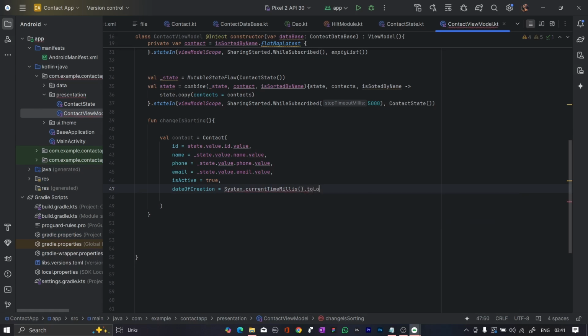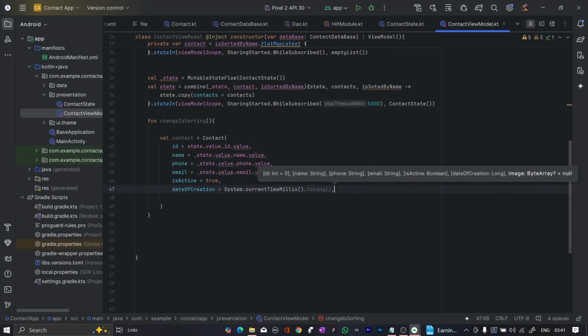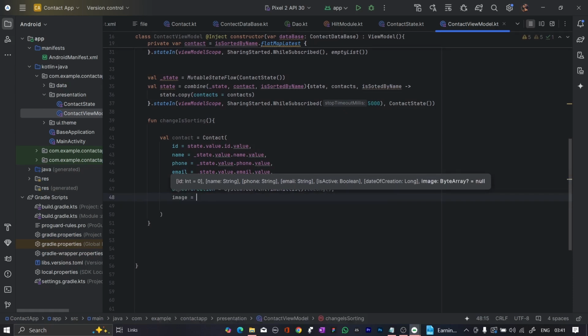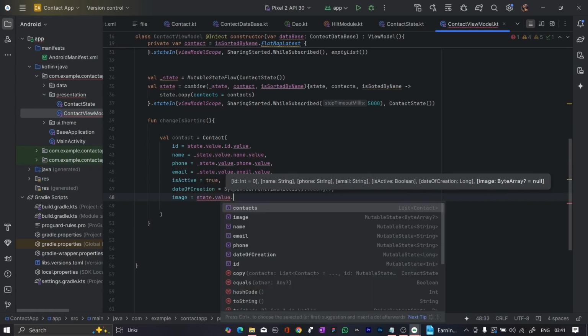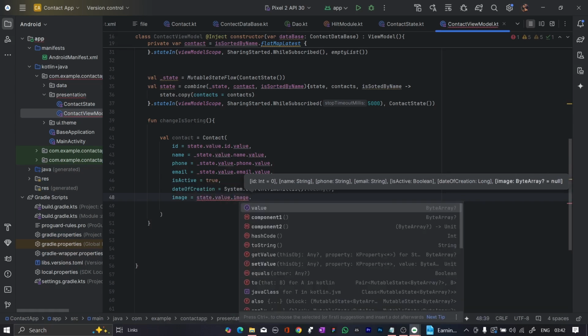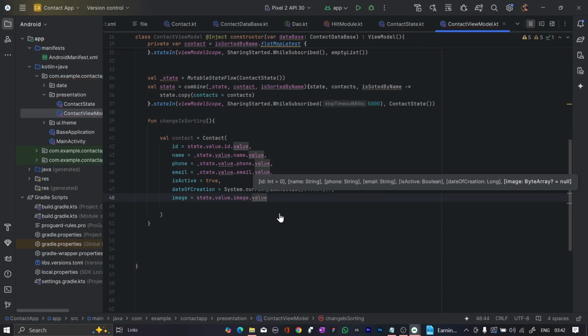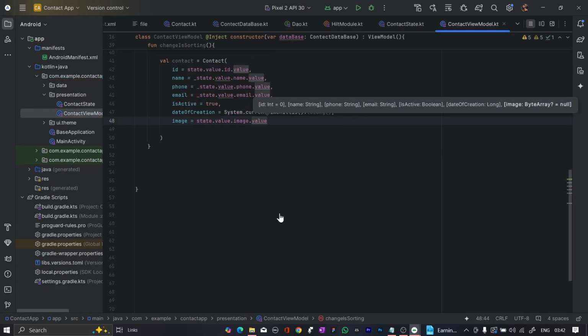Long का हमने लिया है तो हमें टाइप भी वही रखना पड़ेगा राइट. That's why it is very important. And system dot current milliseconds dot to long. And after that image we have left. image हमें चाहिए state dot value dot image dot value. Okay, so हमें ये भी मिल गया. Then